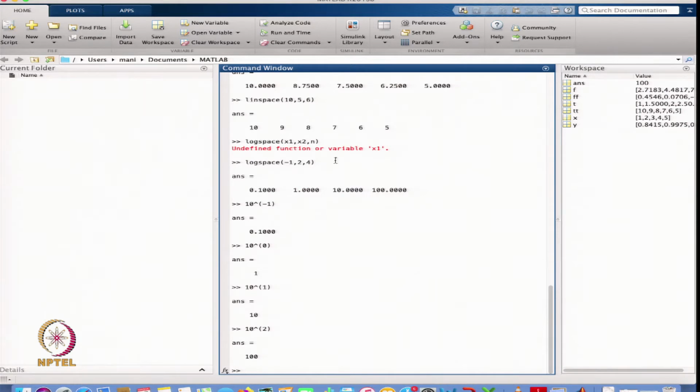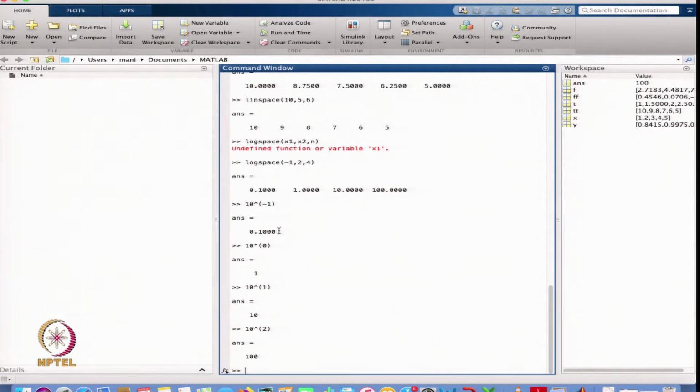So it is giving you the mesh with the help of logspace, starting from -1 to 2, distributing the interval into 4 elements with the help of the logspace vector. In linspace we get a linear mesh, but this is the log mesh, or the non-linear mesh.